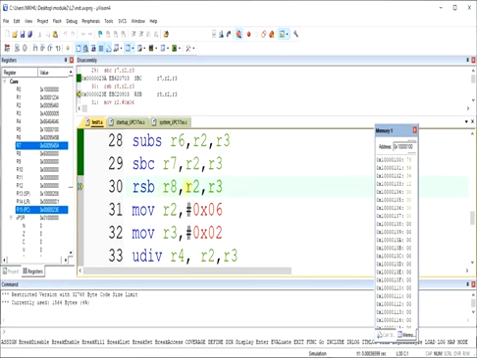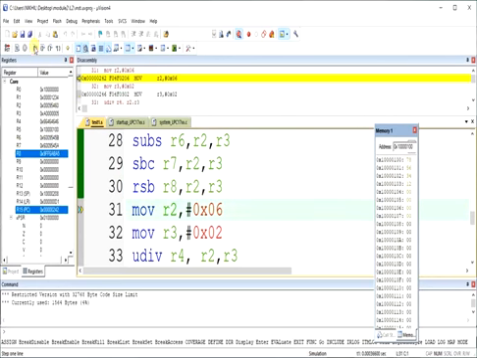Reverse subtraction. So now it will be R3 minus R2, not R2 minus R3. So check this. Now it is R3 minus R2. 5 minus 0. Then 0 minus 6 requires the borrow, like F. So F minus 6 may be something like A or 9. So let us check the content of R8 now. R8 is this value.